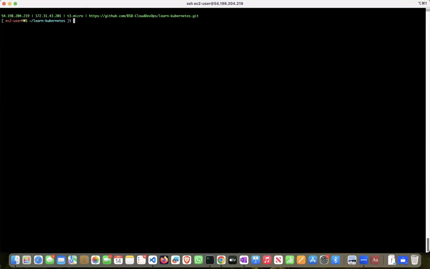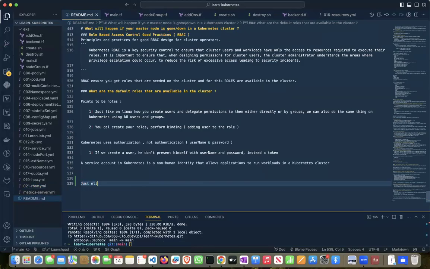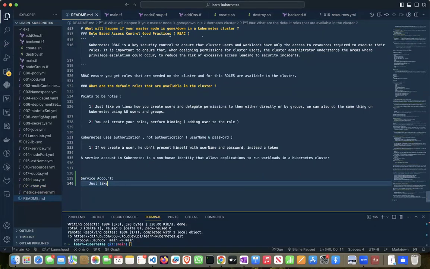Now, if you see, a service account will be created. KC get SA. Okay, so service accounts, just like how we use IAM roles to gain access to a non-human resource on AWS, similarly, we use service accounts on Kubernetes